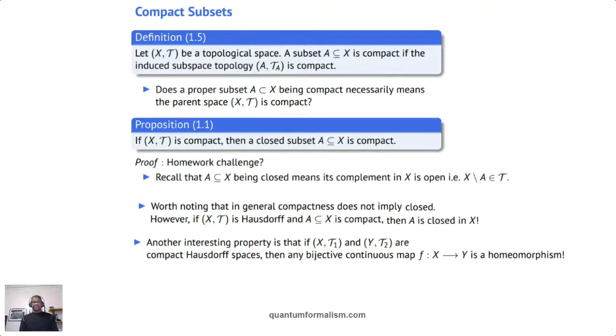Okay, so this is already hinting at how interesting Hausdorff spaces are, and why we want to work with them, because they have all these nice properties. Another very interesting thing about Hausdorff spaces is that if you have two spaces X and Y that are compact and Hausdorff,